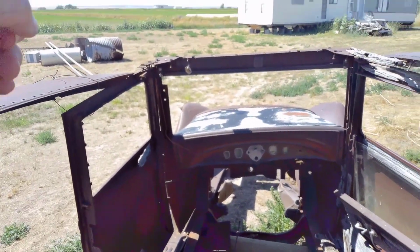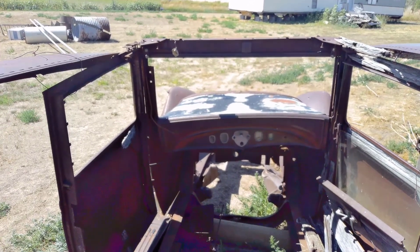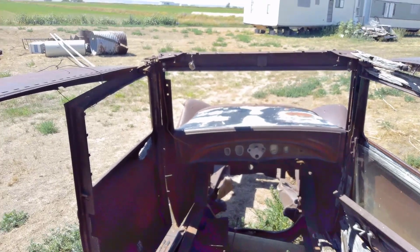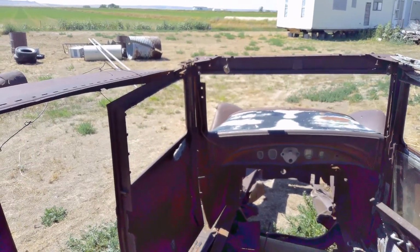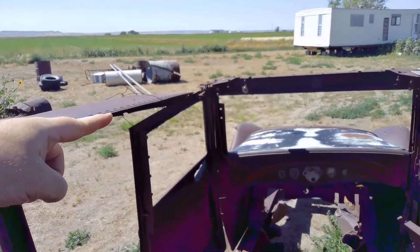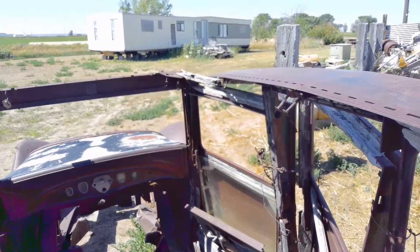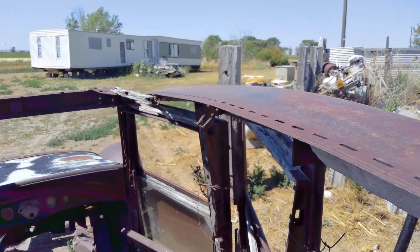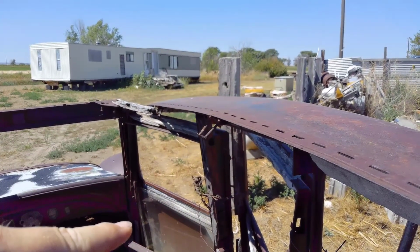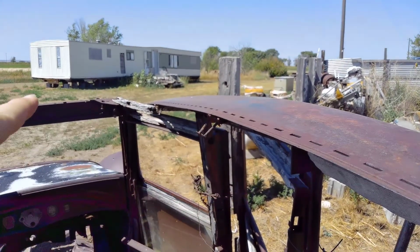Of course, like I said, restructure the frame with steel, and then put some kind of a roll cage in this. And then once there's some room, make some brackets for the wood to be just right to run along right here for all around on top. And then get a canvas, an old-time weather canvas for like rain and snow, and put the wood, like I said, attach it to the steel frame, and then get the canvas, and then just staple it down, make sure it doesn't leak,